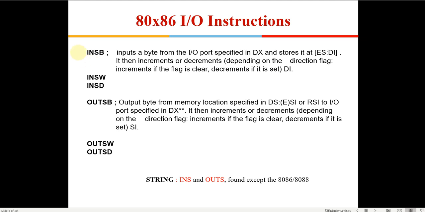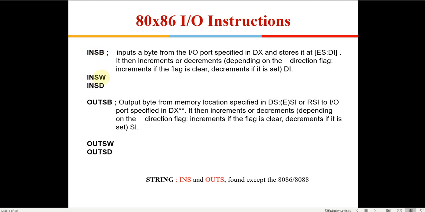Like in the move instruction, we have learnt the repeat instruction also, right? So you can use a repeat and a counter and fetch multiple data from an input output port at a specific interval, and keep pushing into the ES segment, whose DI will keep incrementing or decreasing. So we can use these kind of bulk transfer instructions for input output also, right?